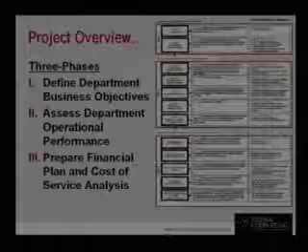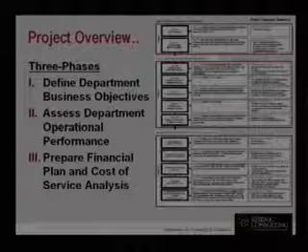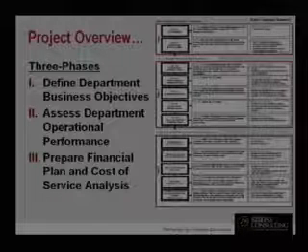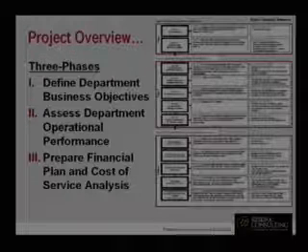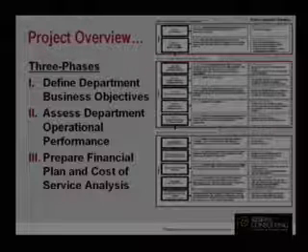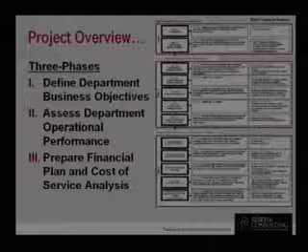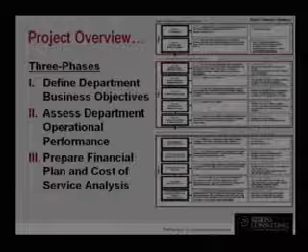So for that reason, Sean has structured this project into a 3-phased approach. Those phases are listed here. Very difficult to read the flow chart. A copy of that should be in your communication from Sean. So we're going to start off trying to gain a better understanding in phase 1 of the department. What's your business organization? What's your business mission? And after having assessed that through a series of very detailed interviews, and we'll talk more in a moment about that, we're then going to move on to phase 2, assessing your current operational performance.